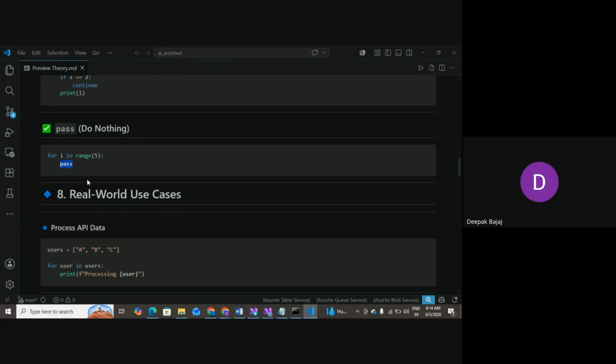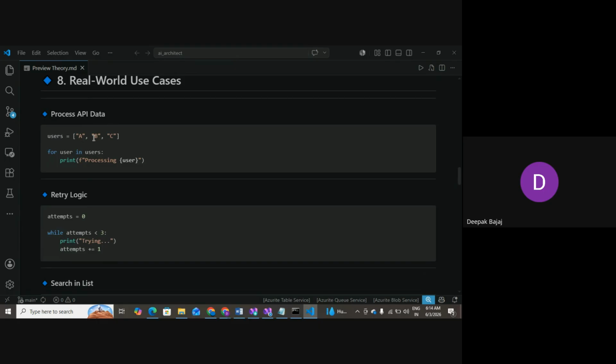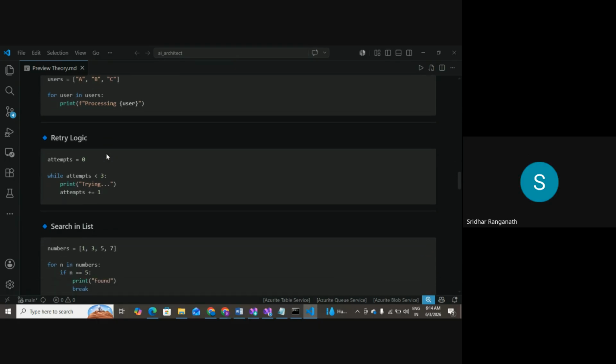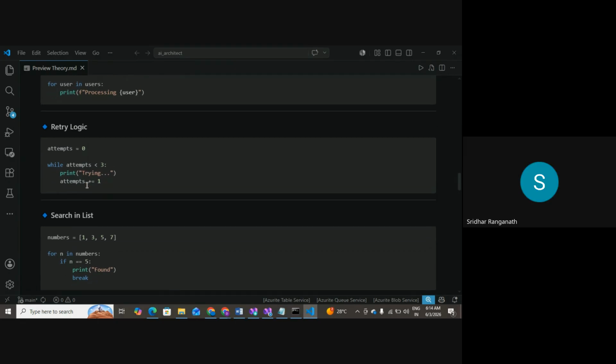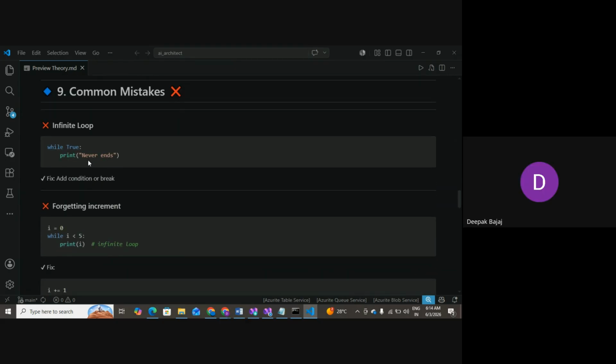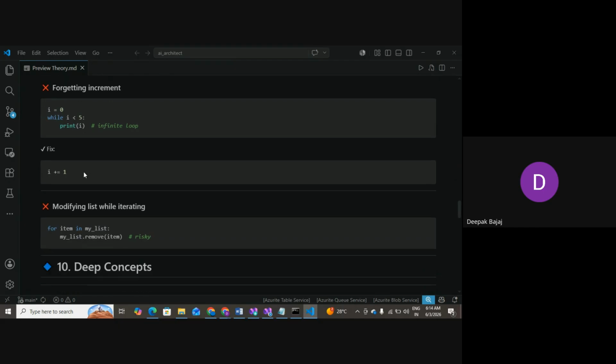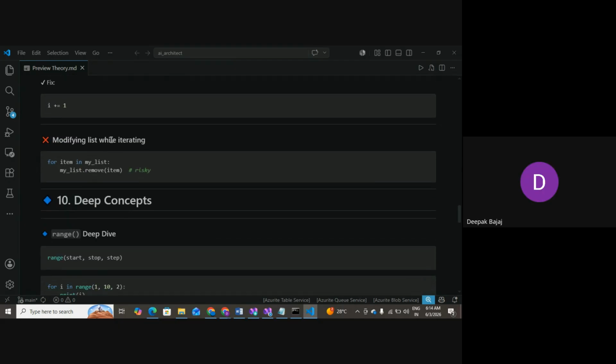Real world use cases are like API data, retry logic, and search in a list. A common infinite loop is when the condition is always true. And forgetting the increment is also infinite. Another is modifying a list while iterating. When you are going to modify, you are performing operations on this list only, and you